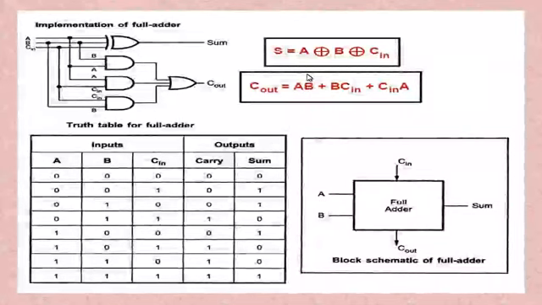Now let us see construction of full adder with the help of logic gate. Half adder cannot add 3 bits, so this is possible only due to full adder. Therefore, in full adder there is an addition of 3 bits. A and B are the 2 bits and the third bit is nothing but carry in. And it gives sum and carry out. Okay, means full adder has 3 inputs and 2 outputs. Let us see in this diagram A, B, C in, these are 3 inputs.